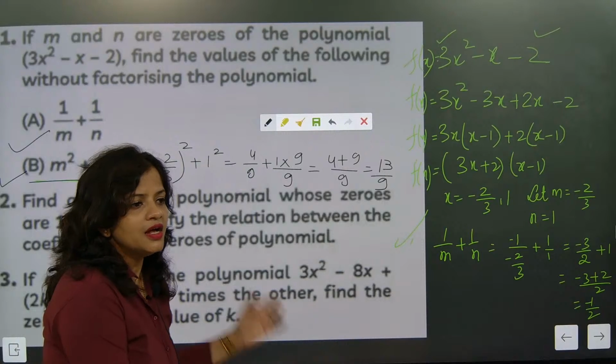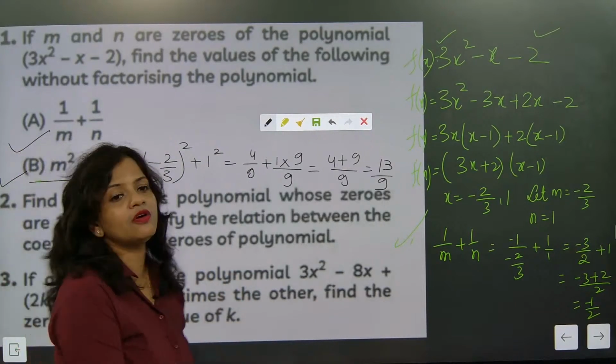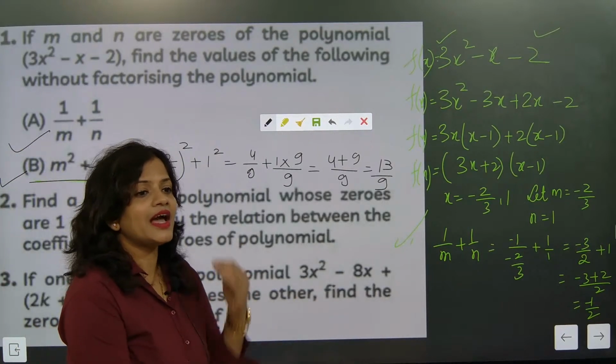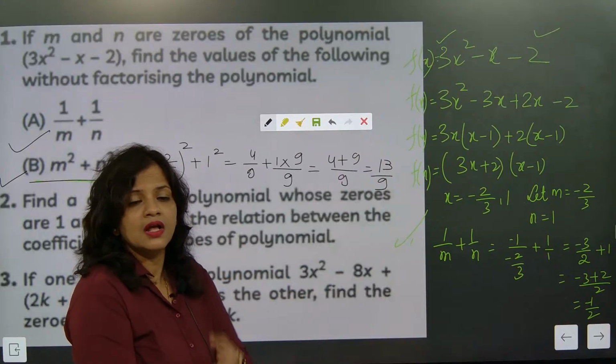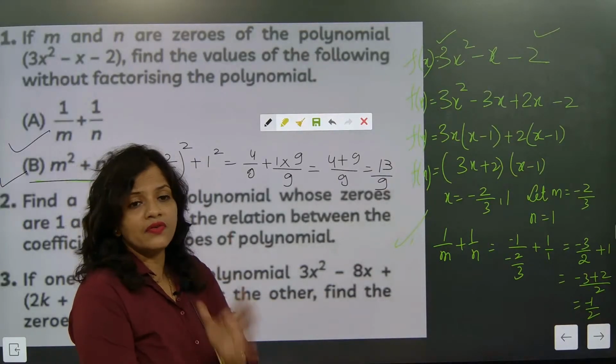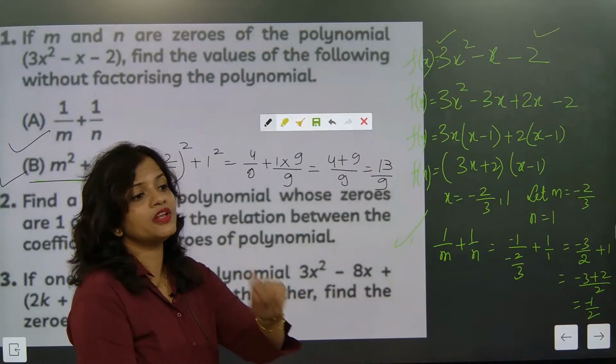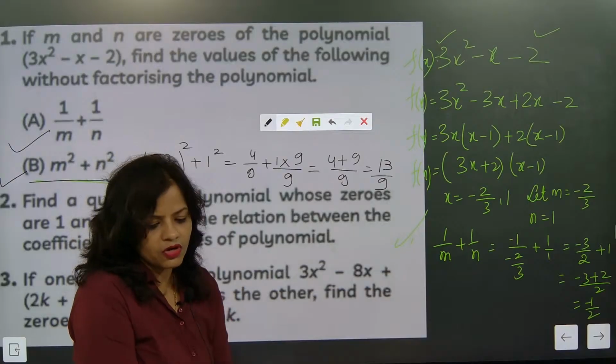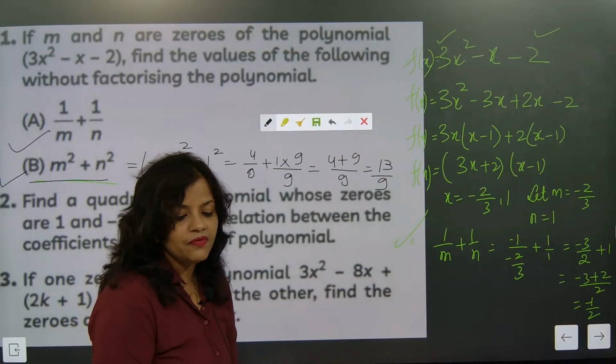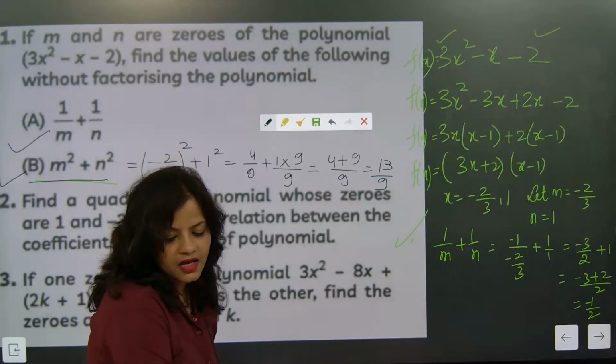Are you understanding? Now in polynomials, in the beginning of the session, what did I say? That direct questions they will not be giving. They will give analytical questions, value based questions, practical based questions. Because most of the time, many people were asking from CBSE,